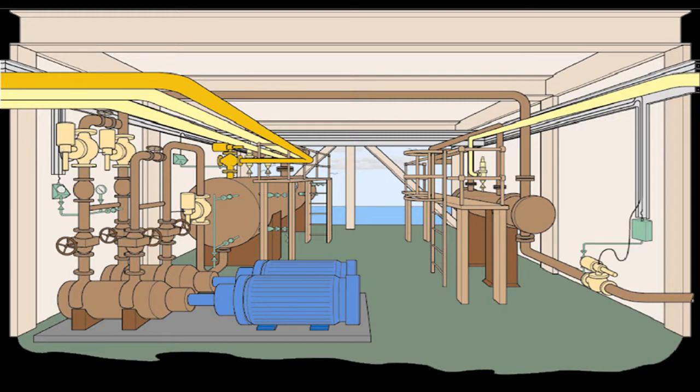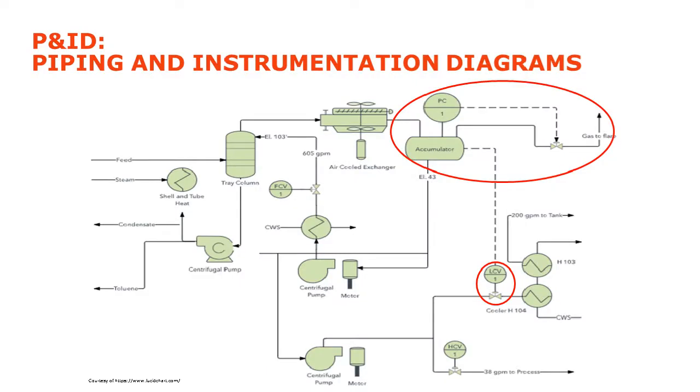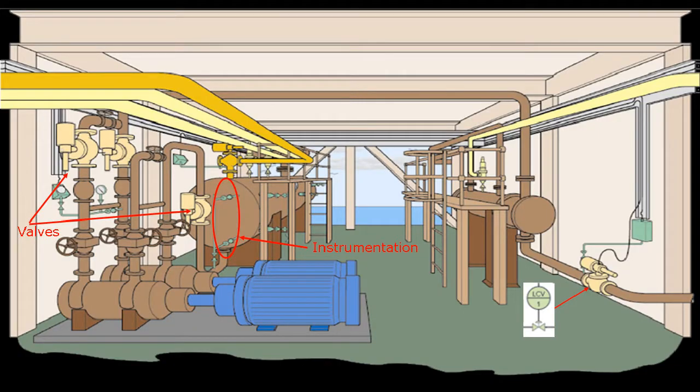So if I give you an example, if you look back to the P&ID we mentioned earlier, we had at the top there the pressure control on a valve, and at the bottom, level control on a valve. If we go back to this image, I can't say for sure what it is, but it's possible that that valve on the right, because I see a green instrument line come into it, will have some sort of control based off an instrument elsewhere on the plant. So the valves are shown there in yellow, the instrumentation shown in green, and it is possible, for example, that the level in that tank, in the vessel, will instruct that valve to perform a certain function. And that's how the P&ID will result in a material change in reality.